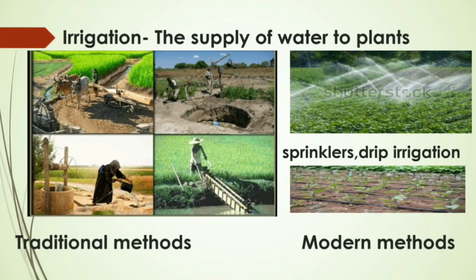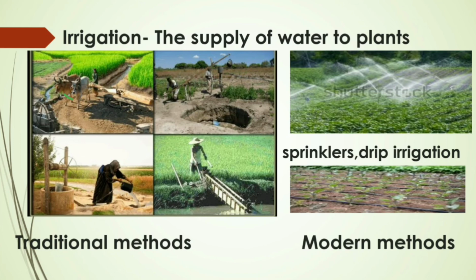The next activity involves supplying water to the plants, or irrigation. It is done with water from different sources like rains, canals, waterways, wells, pumps, etc. Because different crops require a specific amount of water at different stages of their growth. Some crops like paddy are planted in standing water and require constant irrigation.